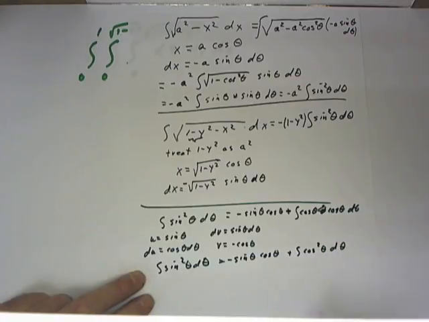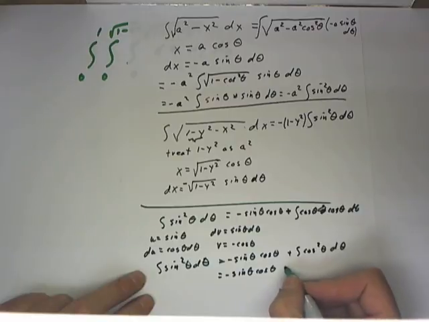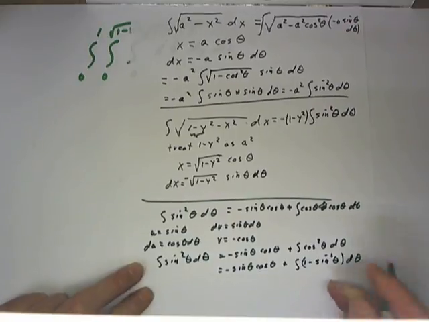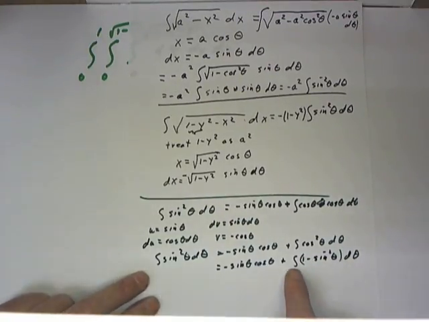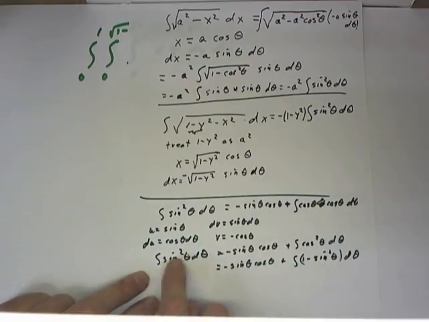theta d theta. Now, cosine squared theta is just 1 minus sine squared theta, so that's negative sine theta cosine theta plus the integral of 1 minus sine squared theta d theta. And this can be split into the integral of 1 times d theta minus the integral of sine squared theta